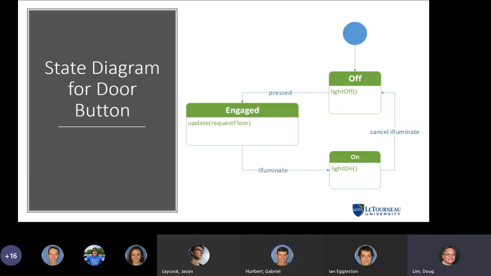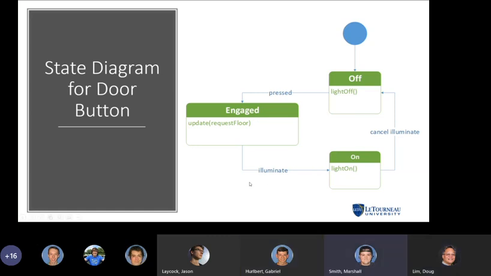A comment that Gabe could have made is, yeah, for some reason something doesn't quite feel right to me, but I don't have a solution necessarily. I will take it as an action item, solicit other ideas, and see if I can come up with another idea for how this can be improved. As part of this review, we could have an action item saying, something doesn't quite sit right with me here, but I don't know what is wrong or what the answer is, but let's make this an action item. So that would certainly be a valid thing to do. Any other comments or questions regarding this state diagram?